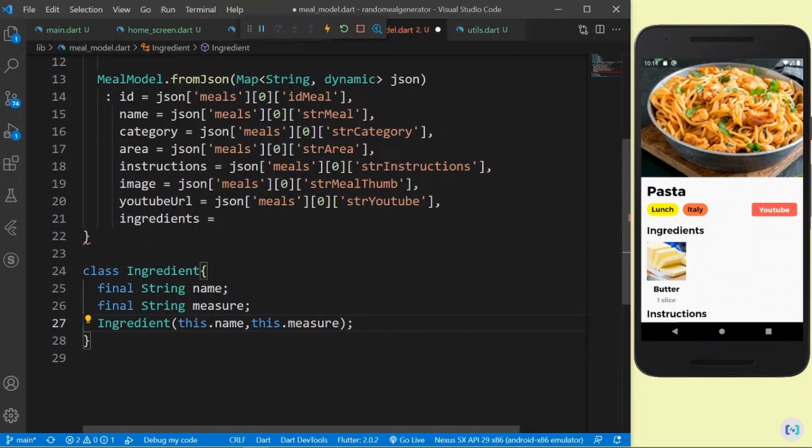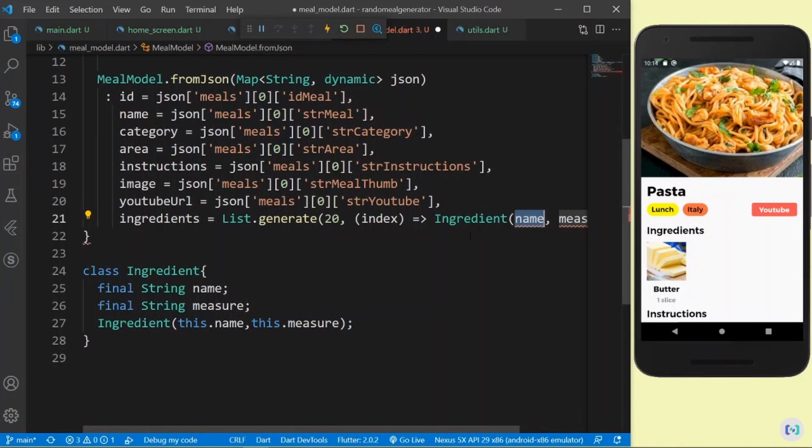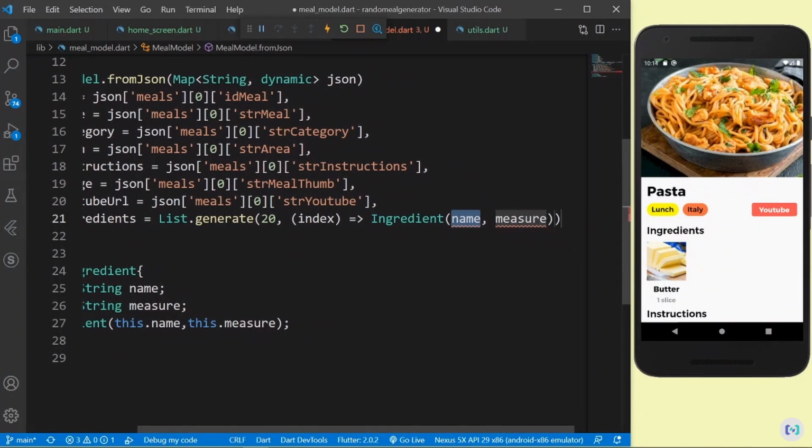And here in the ingredients, for ingredients is equal to, I'm going to generate a list. To generate a list in Dart, we can use List.generate, and the length is 20 because we have 20 items, and I'm going to get the index. Now what I can do is say ingredient. This List.generate is going to run 20 times and it's going to provide us with the index. So ingredient, and I can say name, go to JSON, go to meals, but now it's going to be